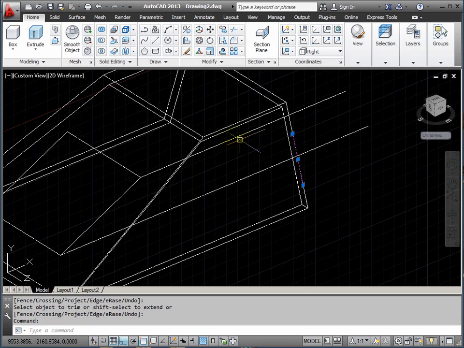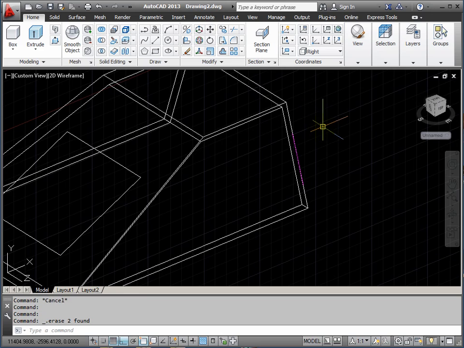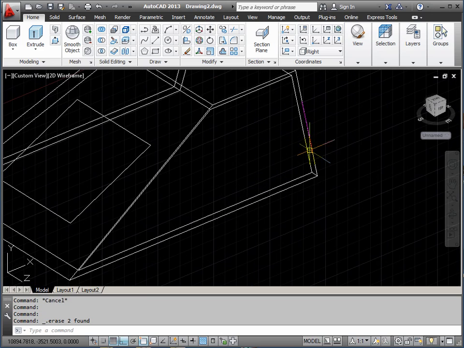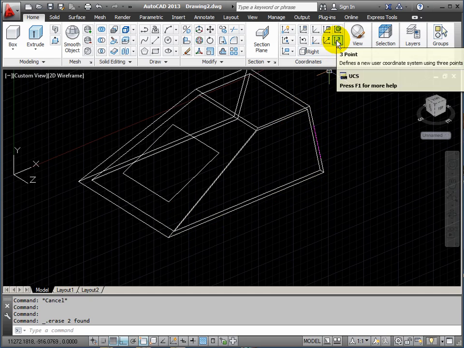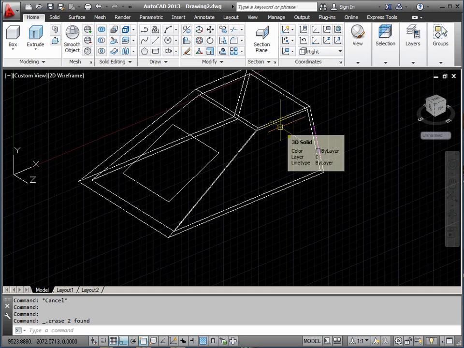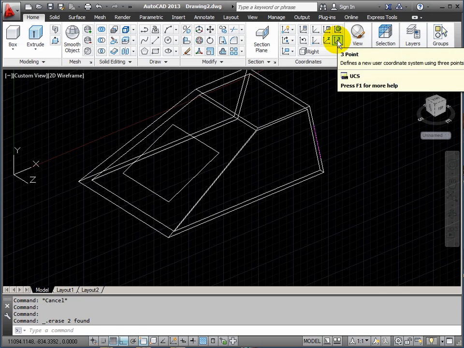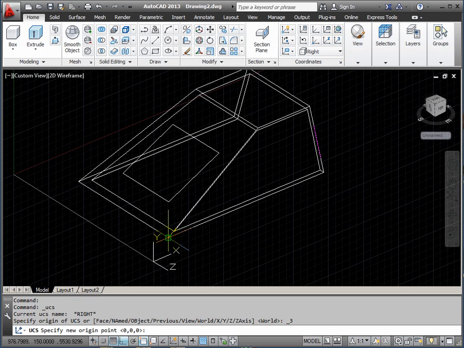So the top of that is in the same height as that, the bottom of that is in the same height as that. Okay, no need to do anything clever there, so take these two away. Okay, and now I want to set my coordinate system to be the same as this side of the model. So this is where the 3-point comes in, because remember that face is sloping backwards. So it's a 3-point UCS,